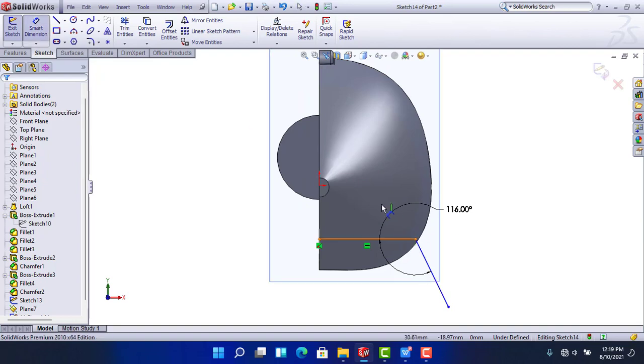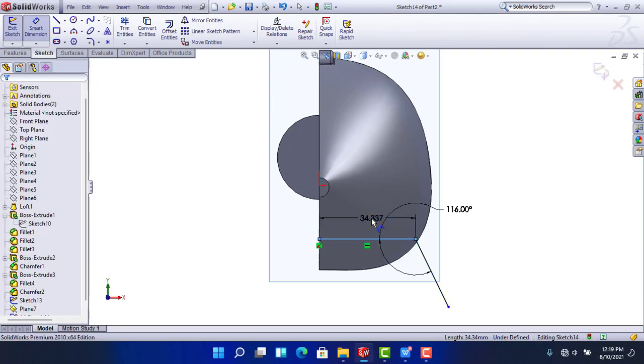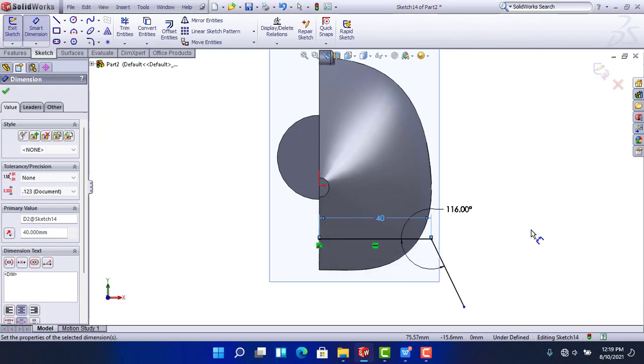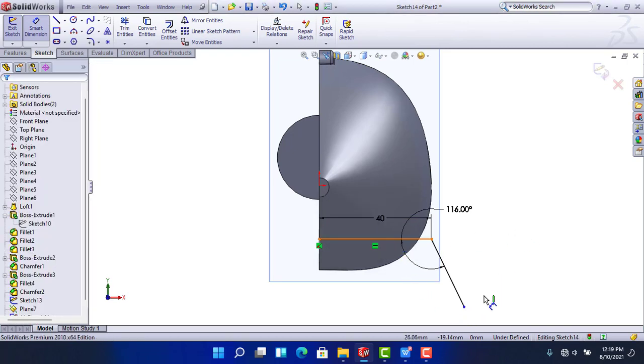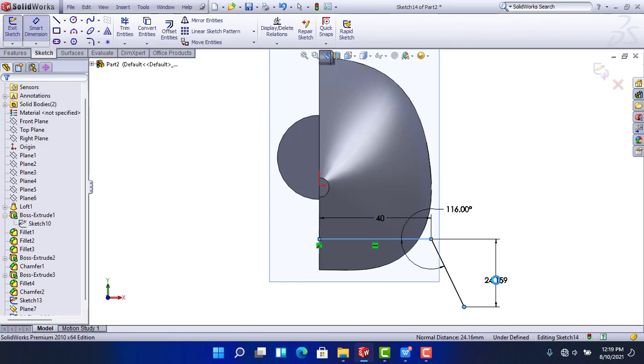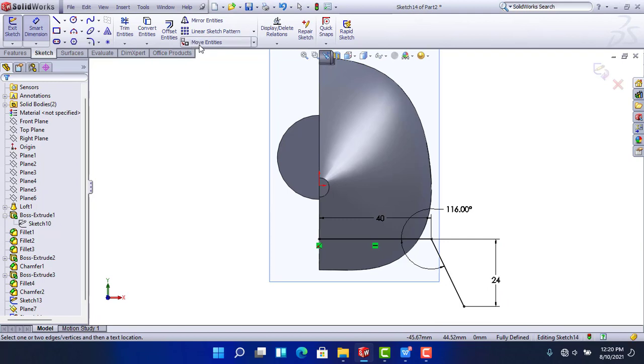Dimension this line. 40, and from here to here 24. Okay,